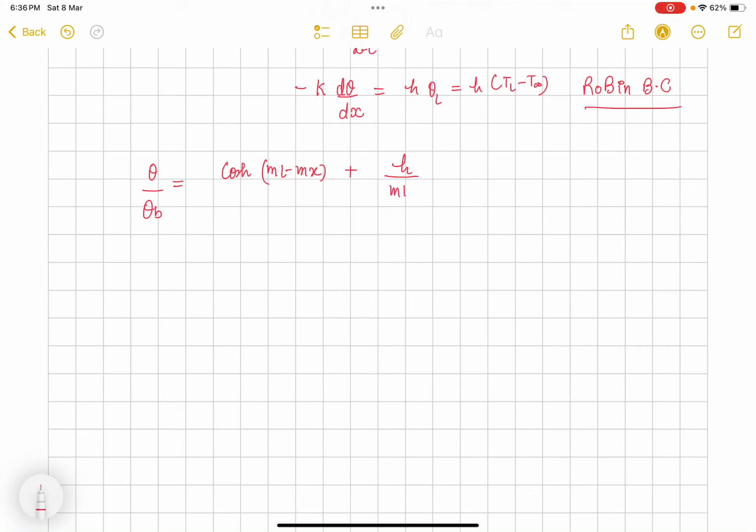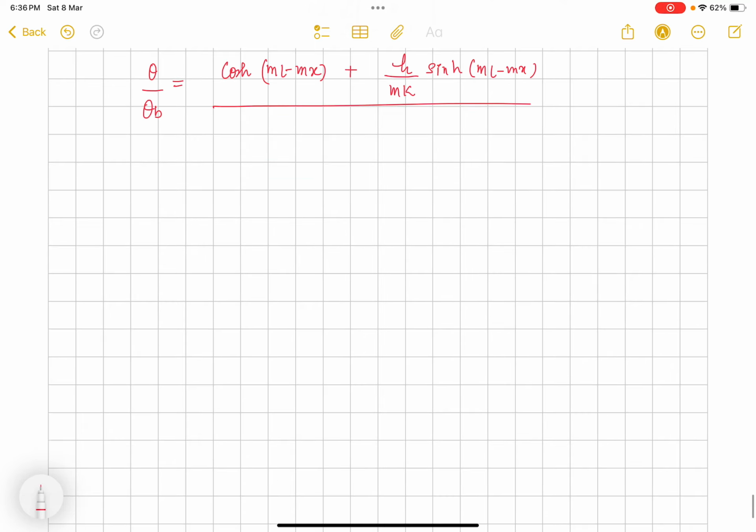mk sine hyperbolic ml minus mx divided by cos h ml plus h by mk sine hyperbolic ml. And for the heat transfer,